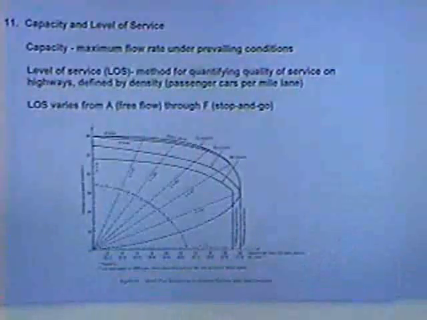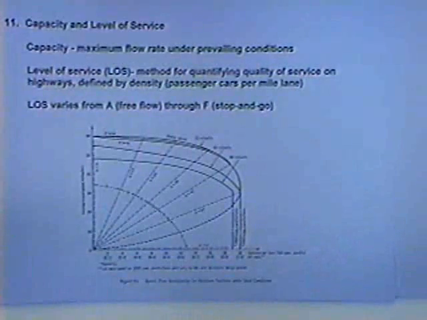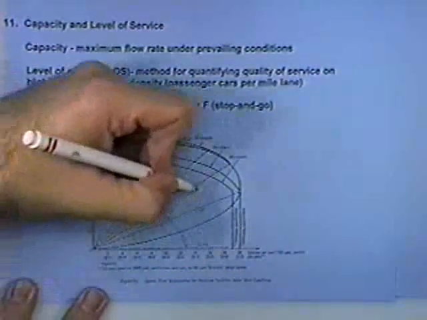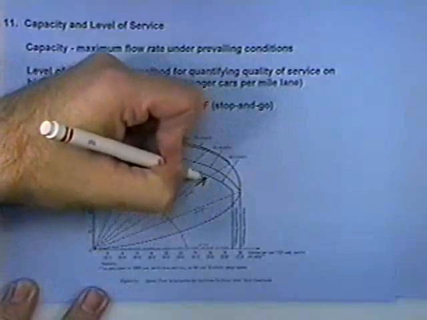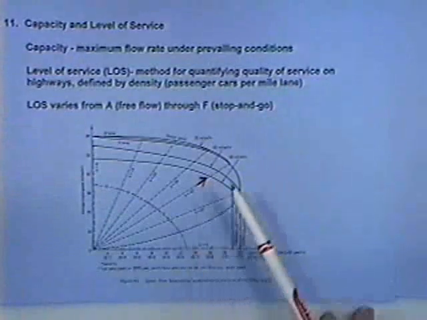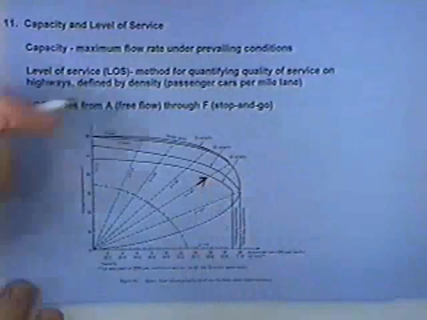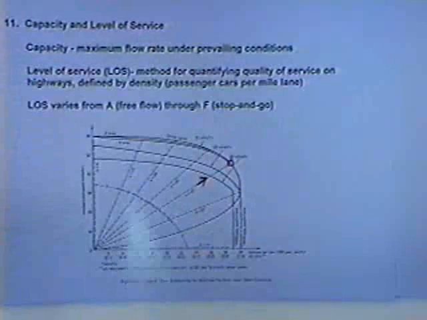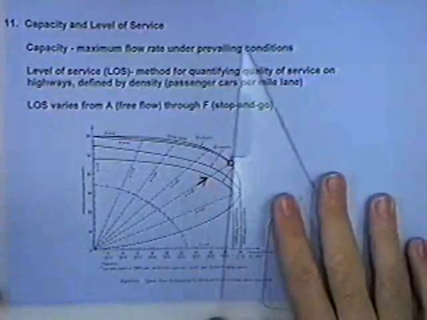We go back to, let's say that we have a 4-lane freeway, and we have a 70-mile-an-hour design speed, and we want to design for level of service D. What we would have to do is go to our level of service D line, which is this one that's right here that I just drew the red arrow on. We're going up to where it intersects the 4-lane 70-mile-per-hour curve, and it's real convenient because they all intersect at the same point. And then we would project vertically downward,